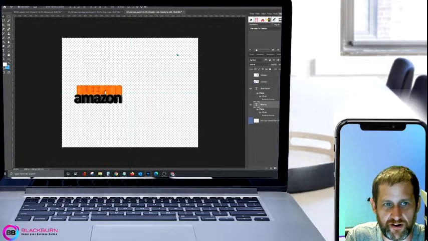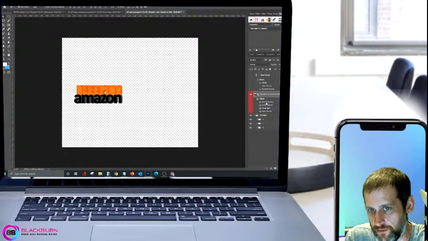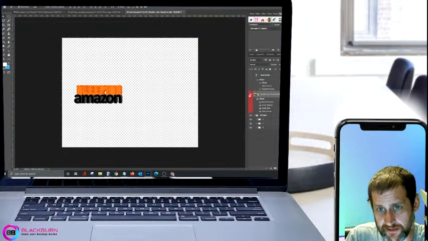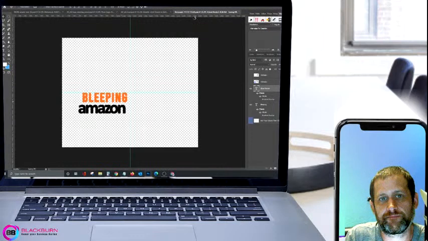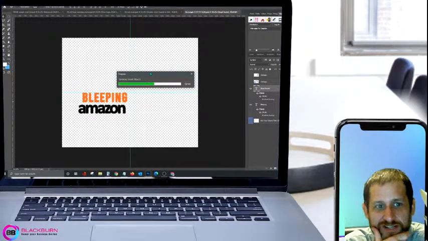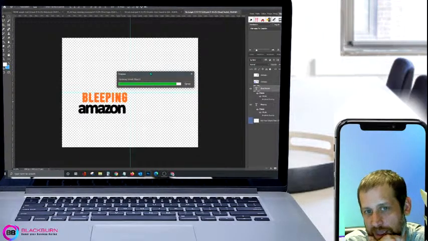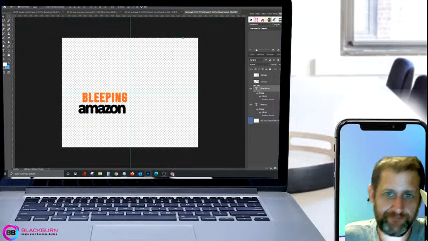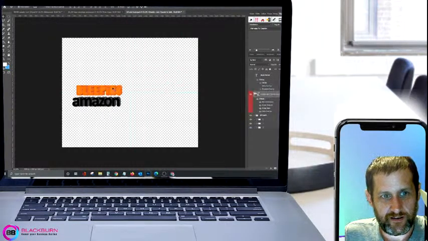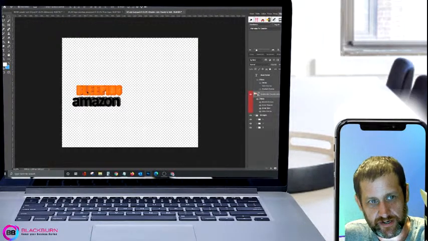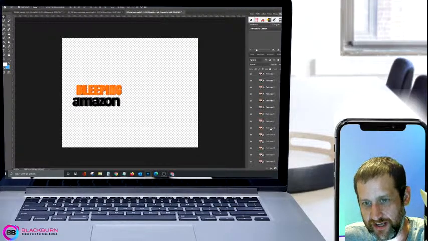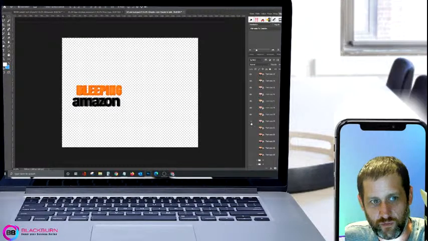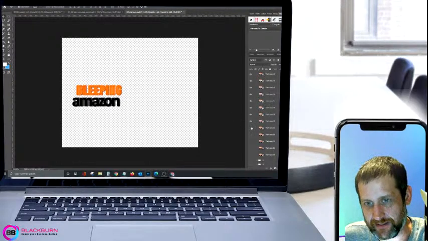Okay, so you just did all that work, and you're ready to move your font. Yep, so you just spent all the time, you got your text ready with the 3D effect that you want, and you're ready to move on and get that onto your project. But you're saying, I don't know, that's a little bit too much 3D, right? So that's why I made these groups right here, so you can dial back the 3D effect to where you want it. You can even open this up and trim back even more, one little layer at a time. And you can see the impact that has on the actual